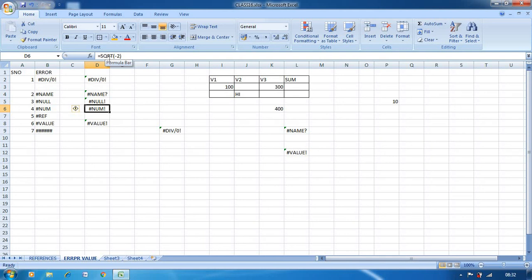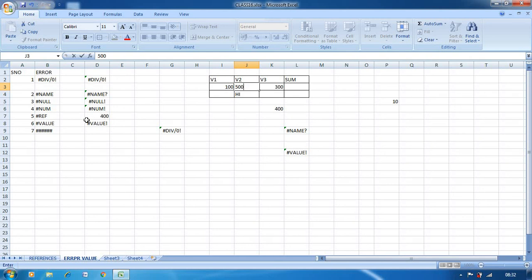Next one is #REF!. It means a reference is invalid. So here, equal to, now I will add value 1 plus value 2 plus value 3. It becomes 400. Now I will enter one number here, 500.